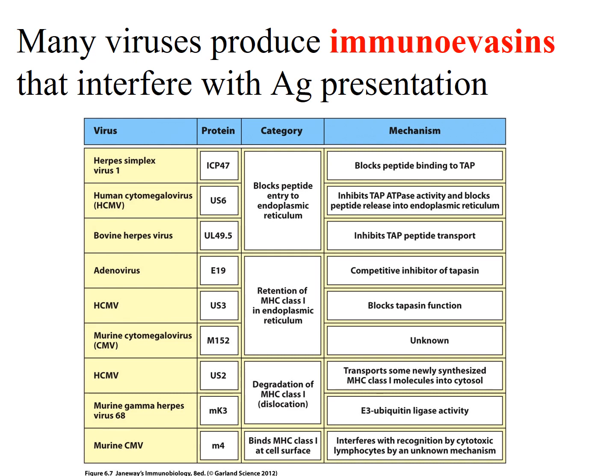Other ones block tapasin function. Other ones will block transporters or the ubiquitination activity. Stop the ubiquitination of a DRIP, it won't go to the proteasome, won't be cut up, then TRiC can't chaperone it to TAP, it can't be transported into the endoplasmic reticulum. So we refer to these different viral proteins as immunoevasins. They allow the virus to evade certain steps of the immune